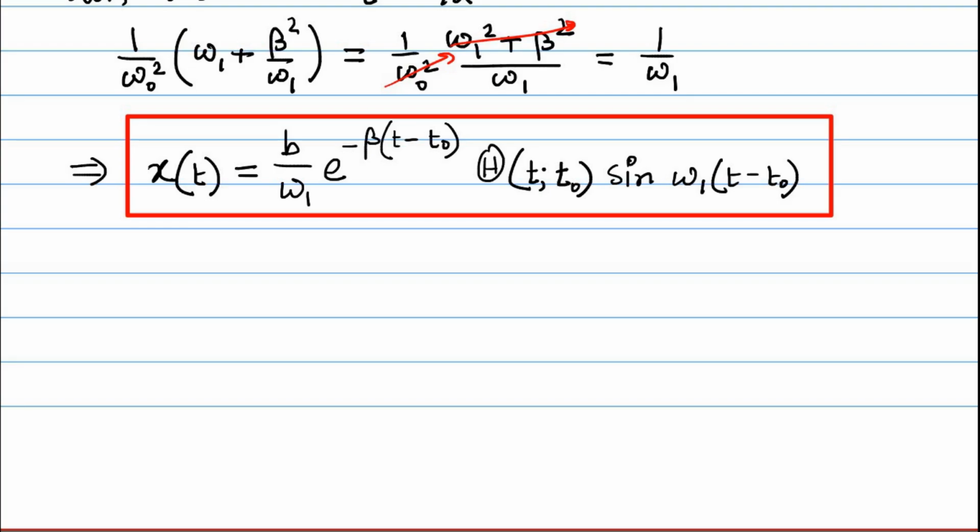So in the last video we found this solution, which is the solution due to a delta input at t equal to t naught, and this solution is the key for us to find our explicit expression for the Green's function. Now unfortunately this is not exactly the Green's function, but we are very close. So what we'll need to do is to use this to write